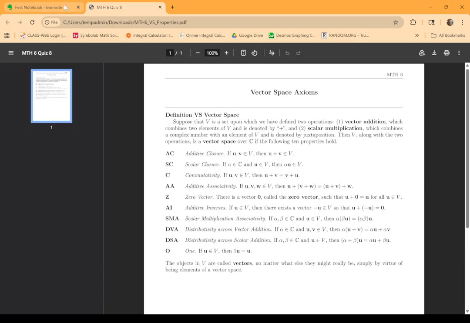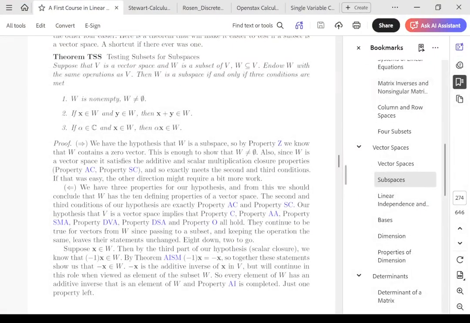Now the nice thing about subspaces is that if we're already working inside a known vector space, then the test whether a subset of a vector space is itself a vector space is a much shorter process. As it turns out, it comes down to three things. Looking at our textbook here, this is theorem TSS, and it states that suppose that V is a vector space